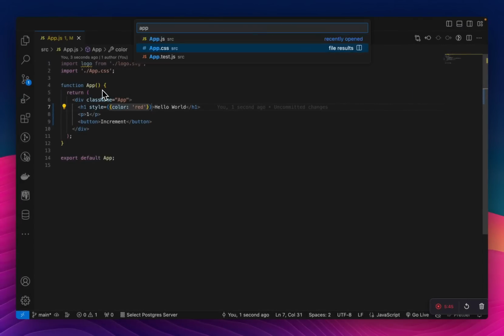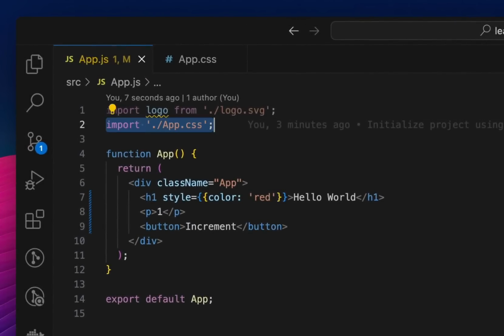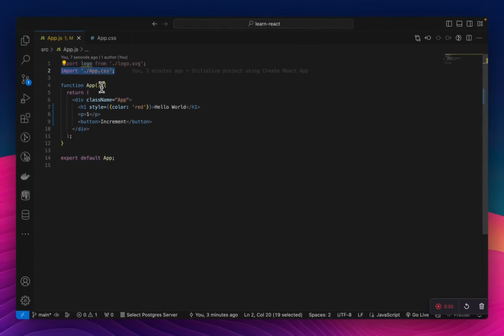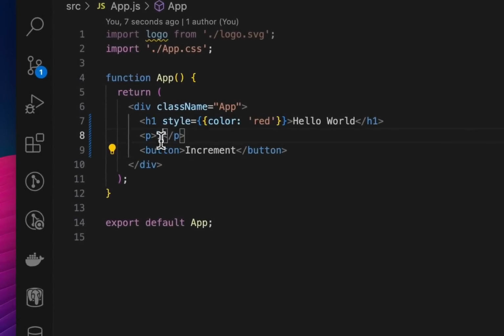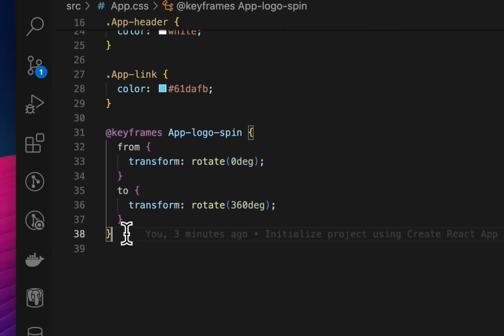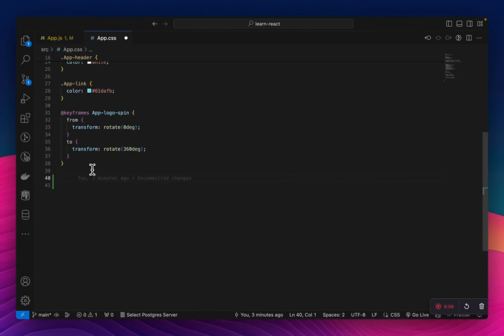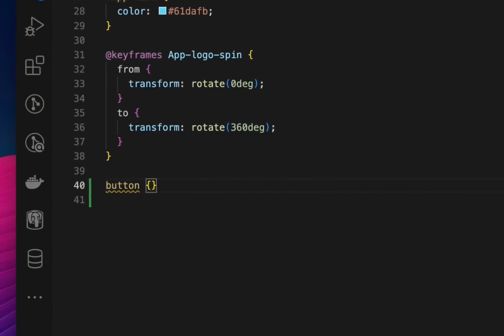Now you can go to App.css, which you import like this here in the App.js file, which means the styles you write in the App.css file will be available and applied to all the components and markup here. So in the App.css file, we already have a lot of boilerplate CSS. We can also write some custom CSS for ourselves. For example, let's write some CSS for a button. So if you already know CSS, then this is just normal CSS, the way you would write in just HTML